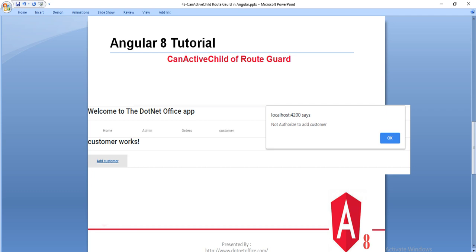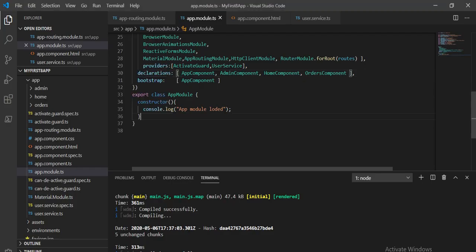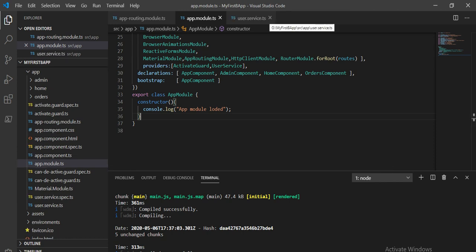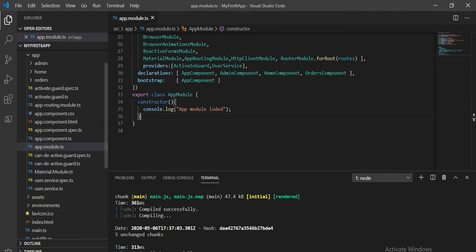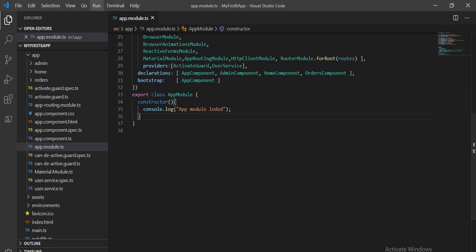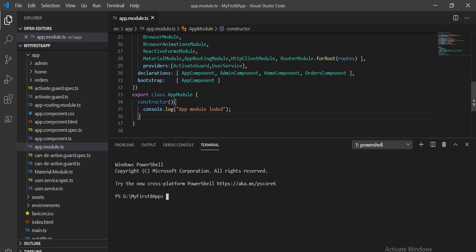So let's go to Visual Studio Code, and this is the example which we implemented in the previous tutorial. We are going to continue with that example. Let's go to the terminal, and first let's add the components: the customer component and the add customer component.